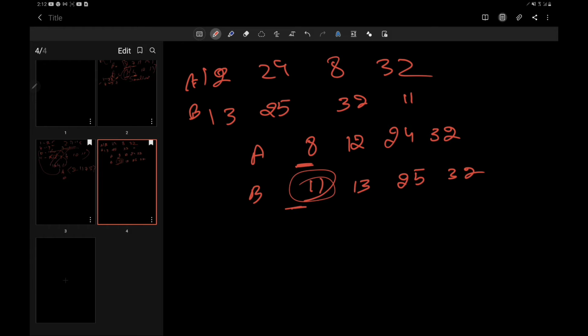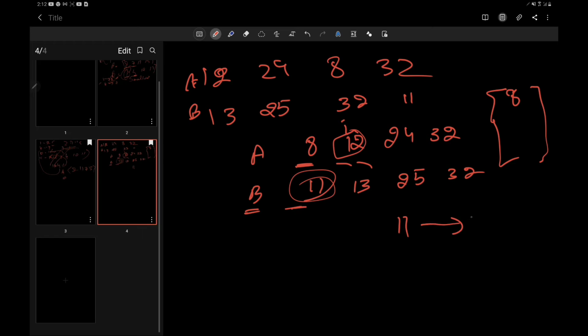So here 8 is not greater than the smallest element in B, so 8 would not be greater than any of the elements, so it cannot be stored with any of the elements reserved. So what we do is we just add 8 into a separate queue. Now we move our I to another value, and we see that 12 is greater than 11. So for the 11 hash, we put 12 in it.